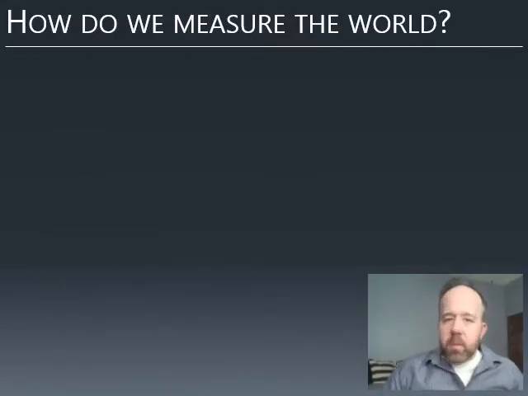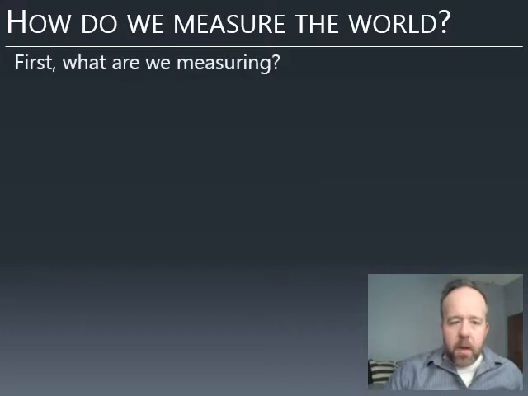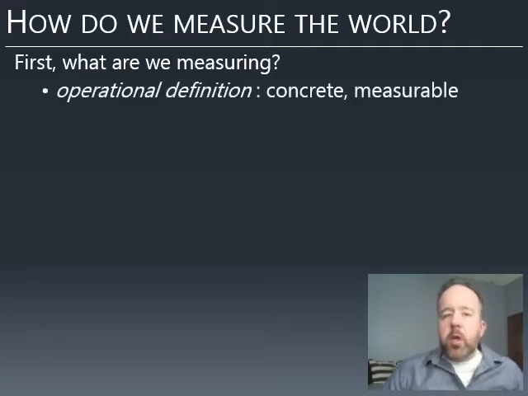So how do we make measurements? If we're going to measure something, and perhaps not rely on our senses, how do we make those measurements? Well, of course, the first thing is we have to ask what we're measuring. And here, an operational definition becomes really useful. An operational definition is a way of describing what you're measuring and making sure that what you're measuring